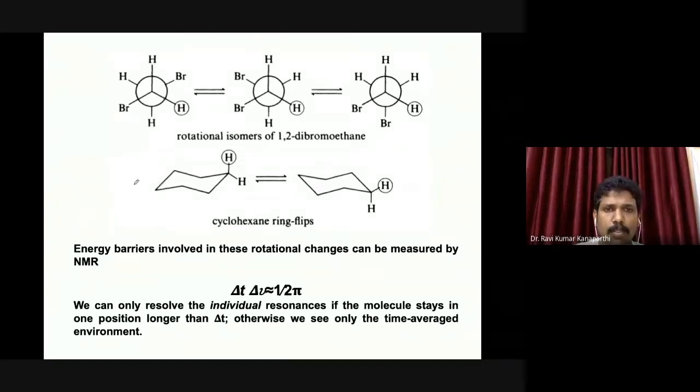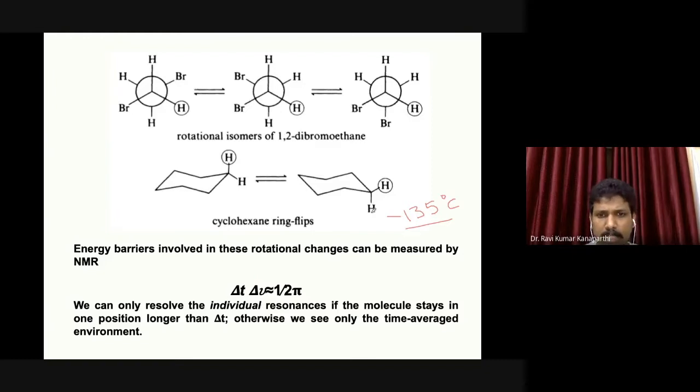The same thing is also true for the axial and equatorial protons. We cannot distinguish the axial and equatorial protons at room temperature, but as you go to low temperature, one can determine the two different types of proton, axial and equatorial. And yesterday I gave roughly minus 135 degrees centigrade. If you can perform an experiment at minus 135 degrees centigrade, then it is possible that you can really distinguish the axial proton and the equatorial proton.